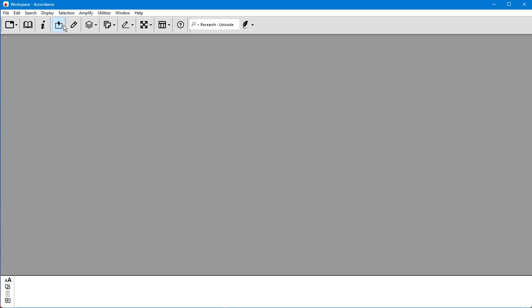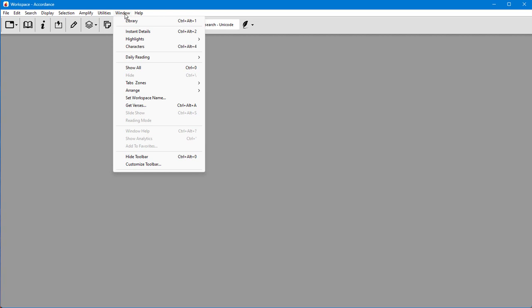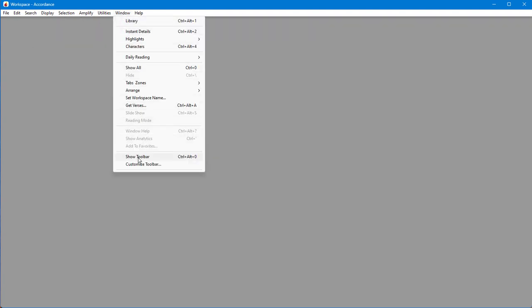So we're going to start out here. We have brought up Accordance. We have a blank screen. Notice the toolbar here. I showed you how to make that toolbar appear. We come over to Window, and if you don't see the toolbar, come down. This should say Show Toolbar, so I'll hide it. So if you don't see the toolbar, click on Window, come down, and then click on Show Toolbar, and you'll